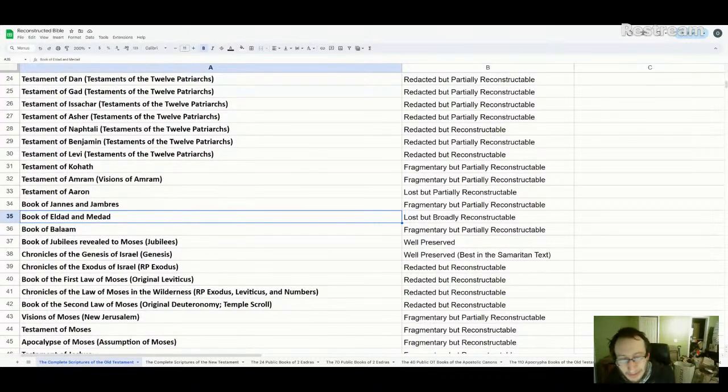But that one is going to be only broadly reconstructible, because we don't really know the full extent of what they actually prophesied about. We have a few small pieces that they might have prophesied about, preserved by various writers, that might give us an idea of the basic gist of the book. The best reconstruction of it will simply be following in line with what Numbers says, but trying to fill in the missing prophecies from what we have.